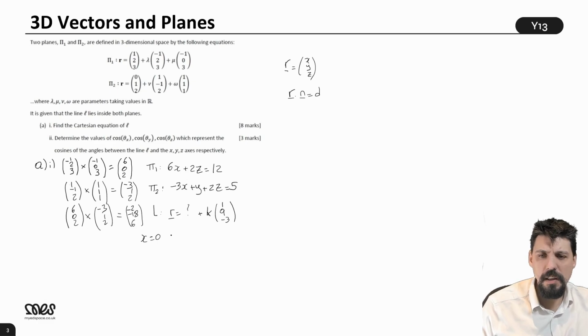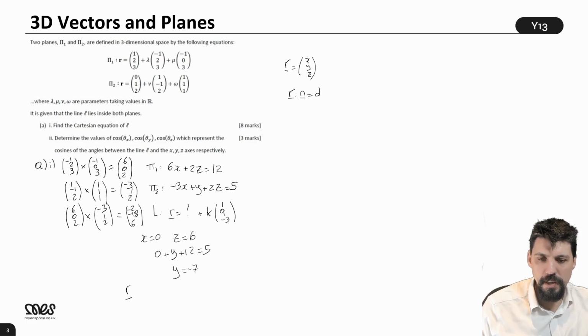Why? Because I can. And then we can get from this first one up here, from the equation of pi 1, that z has to be equal to 6. And then to find y, I'm just going to plug both of them into there. So I get 0 plus y plus 12 is 5. So I do get y is -7. So the equation of the line is going to be,